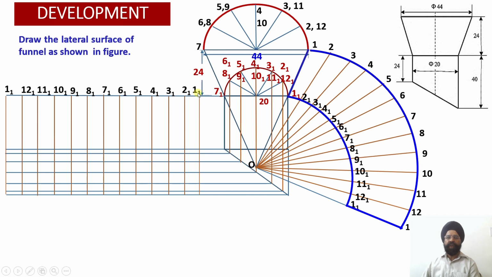We have started from vertical generator 1-1. Then it is 2-1, 3-1, 4-1, 5-1, 6-1, 7-1, 8-1, 9-1, 10-1, 11-1, 12-1, again 1-1. So the starting point and the end point have to be the same, right? That is why you get 12 sectors. Let us count those sectors. Sector 1, sector 2, sector 3, sector 4, sector 5, sector 6, sector 7, sector 8, sector 9, sector 10, sector 11 and sector 12. So 12 sectors have been located.